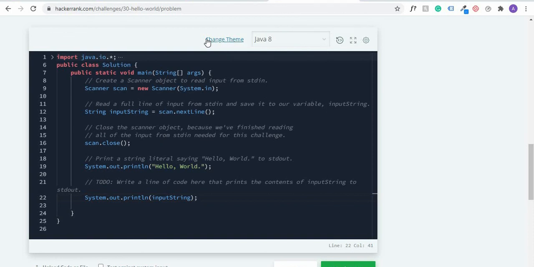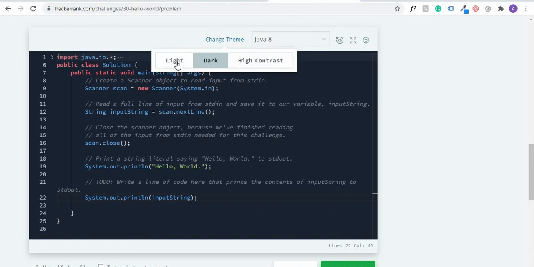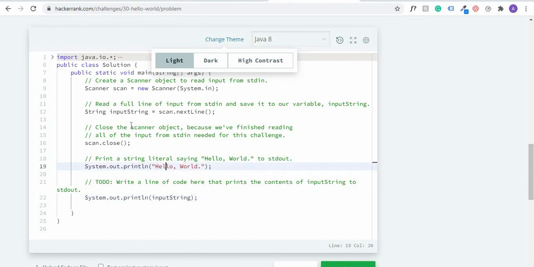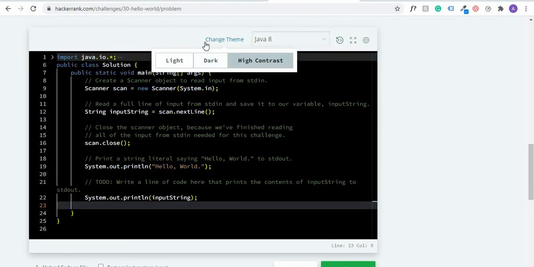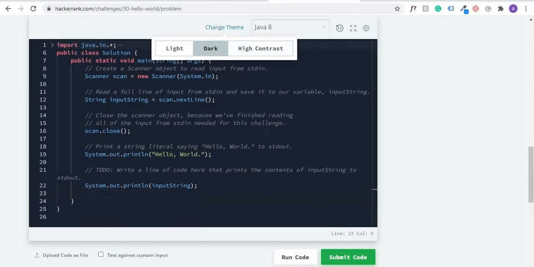Also, you are seeing this black background. Yours might actually be in another color. You can come to this space and you can see that you have light here. I think this is the default, but I don't really like this. I use dark. Or if you like this, you can also use this, but I prefer this for my own.